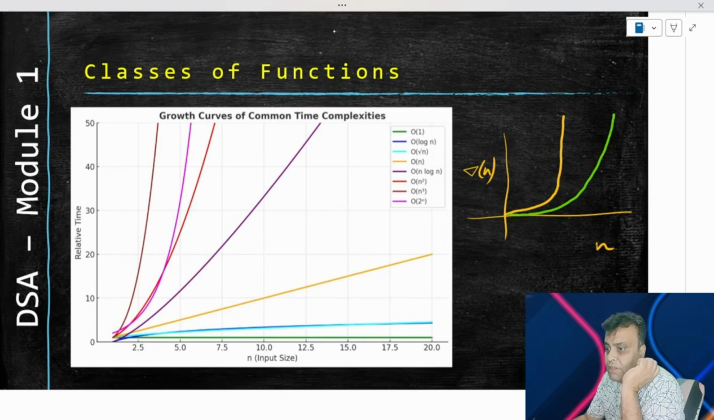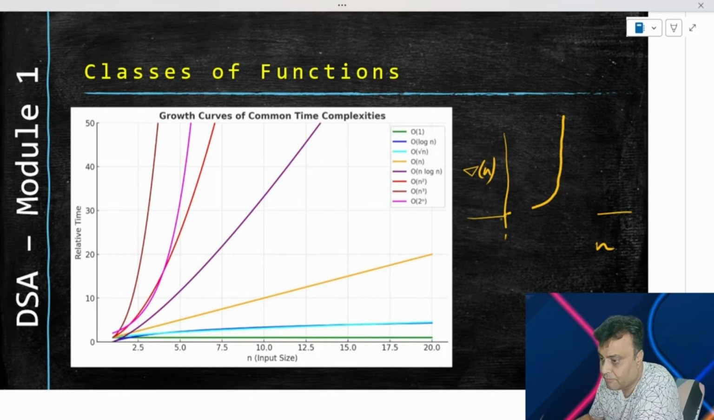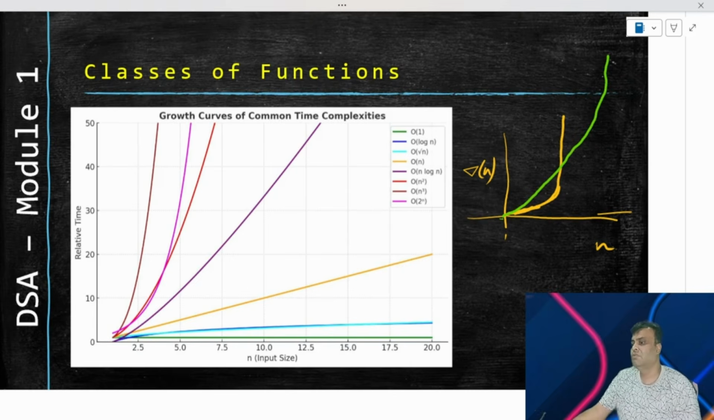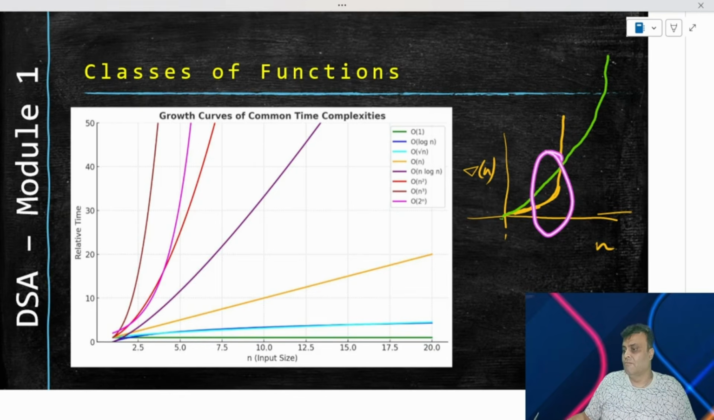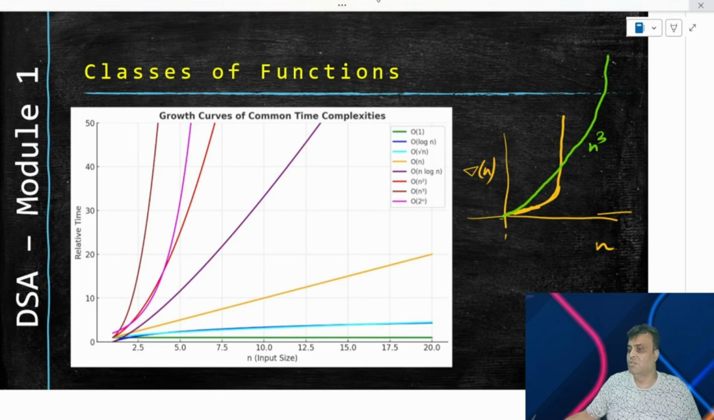But for our n cube kind of graph, it would have actually gone like this, right? So in fact, this might not be correct. Let me draw it one more time. So this is your 2 to the power n. It is stable when n is small, and suddenly spikes when n crosses a particular amount. However, n cube is going to go like this, right? So that's how it will go. So at some point here, we have the value of n where n cube is going to be beaten by 2 to the power n,